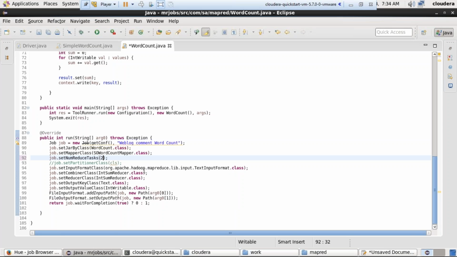But it will not make any sense in this implementation particularly, because the text file that we are trying to process, the Mary file, is a very small file, not even the whole block at the cluster level whose size is 128 MB. So if you are splitting to multiple reducers, it is meaningless. But this is only to demonstrate that at times when it is required, you can make the number of reducers